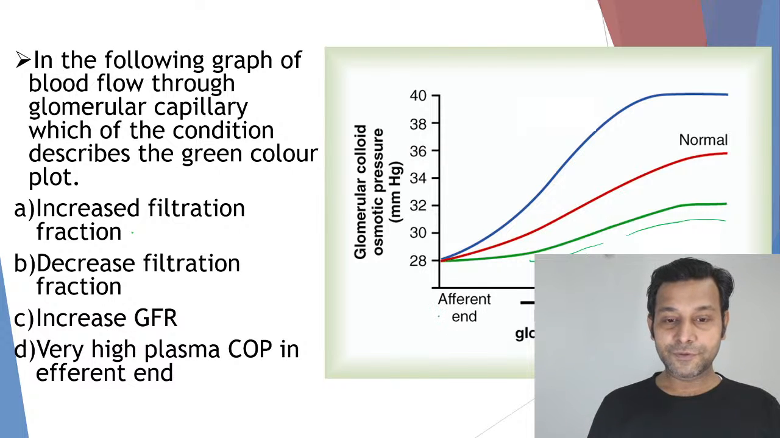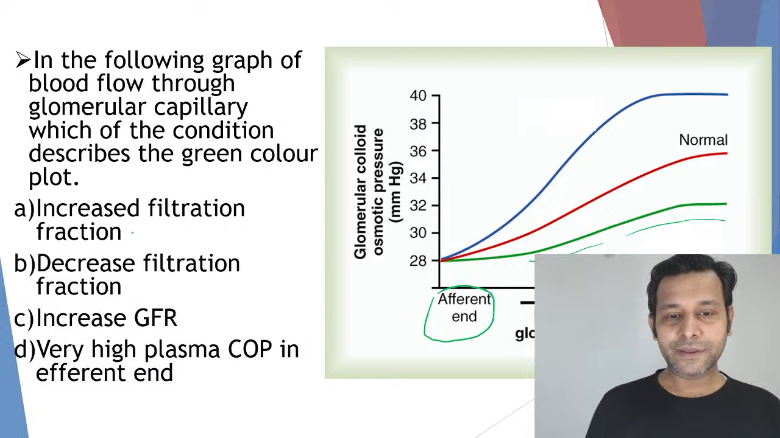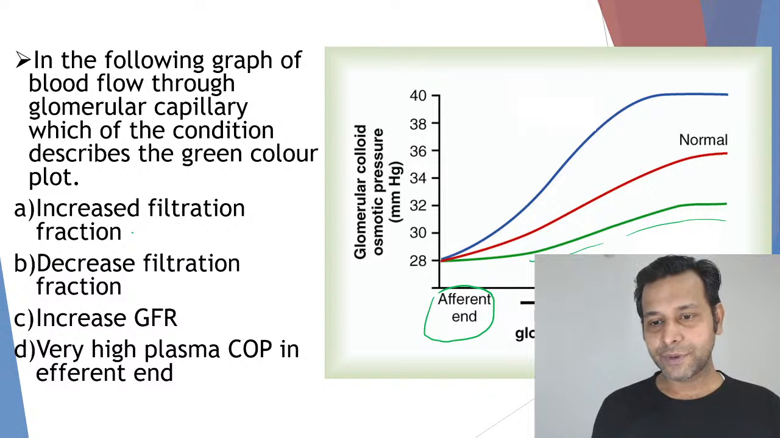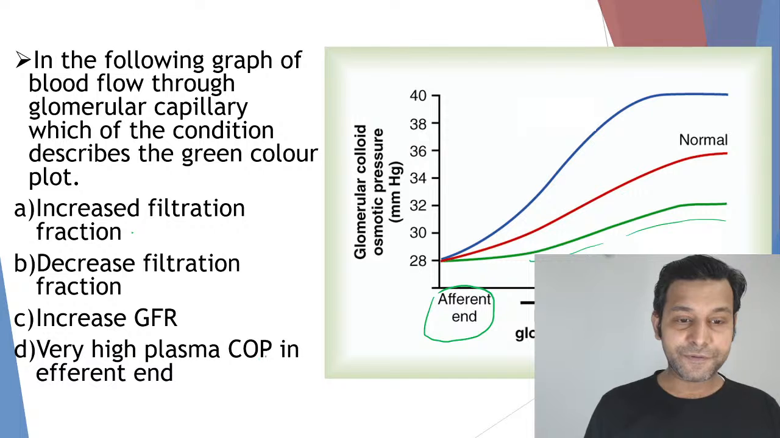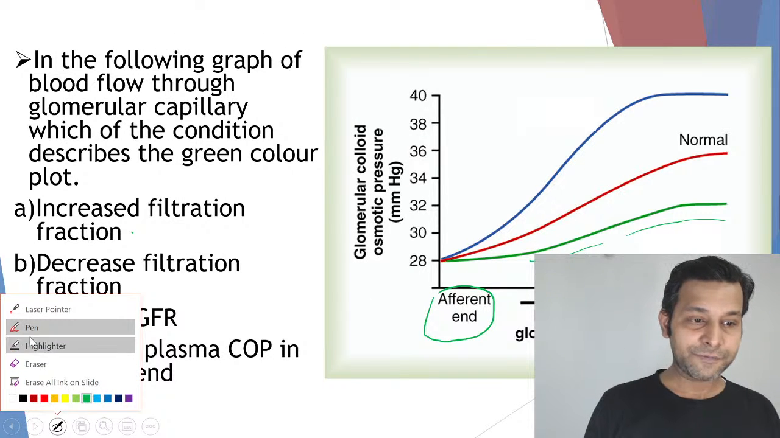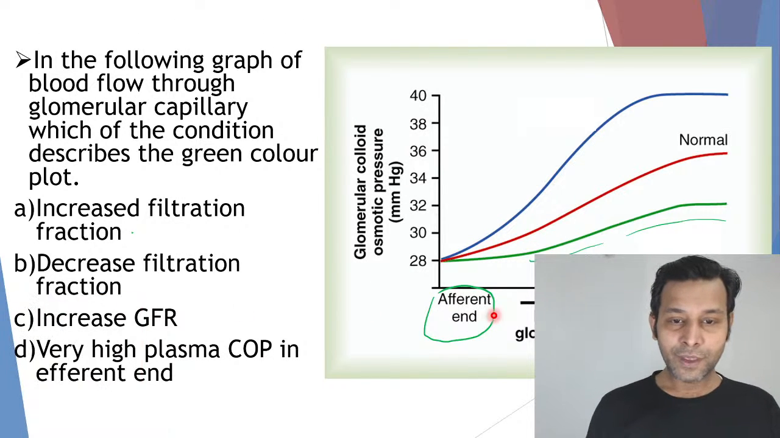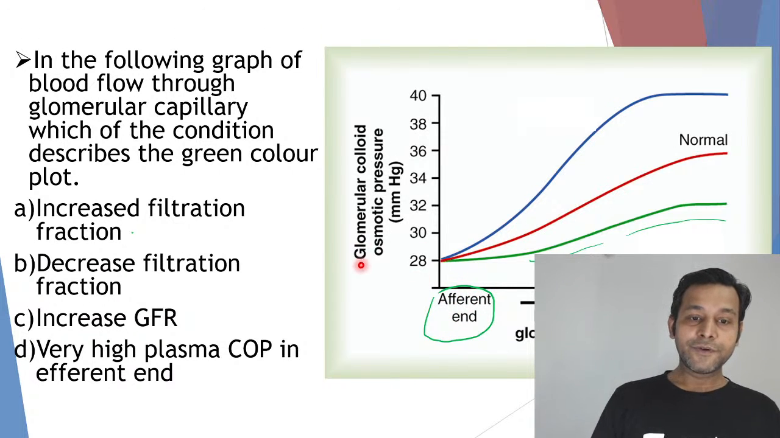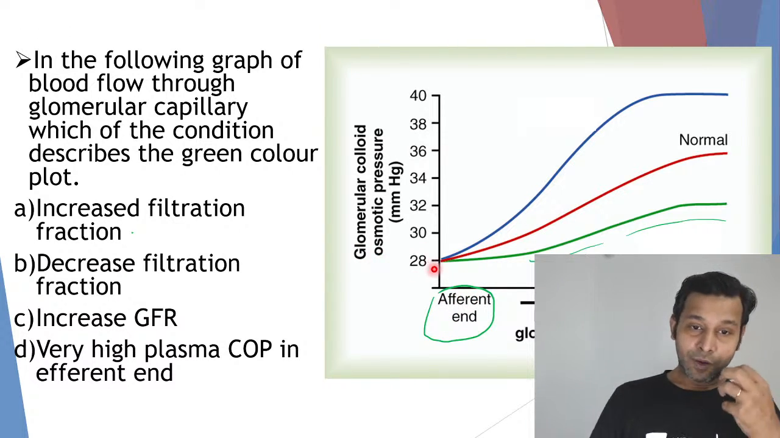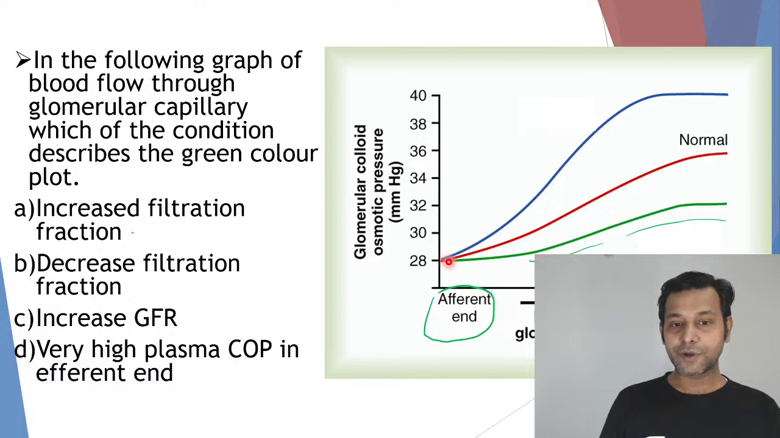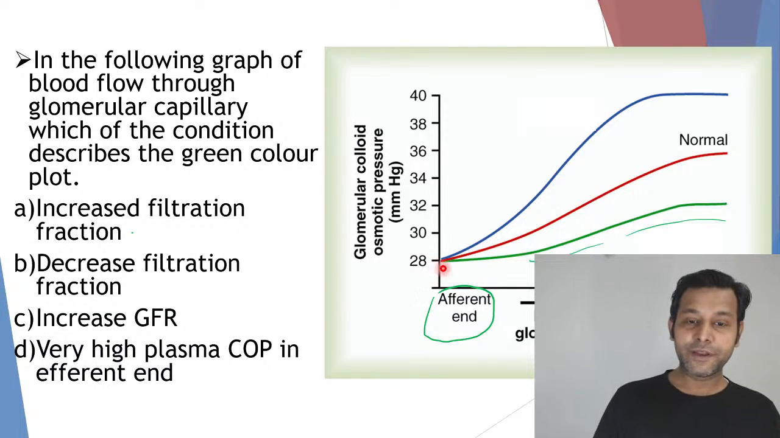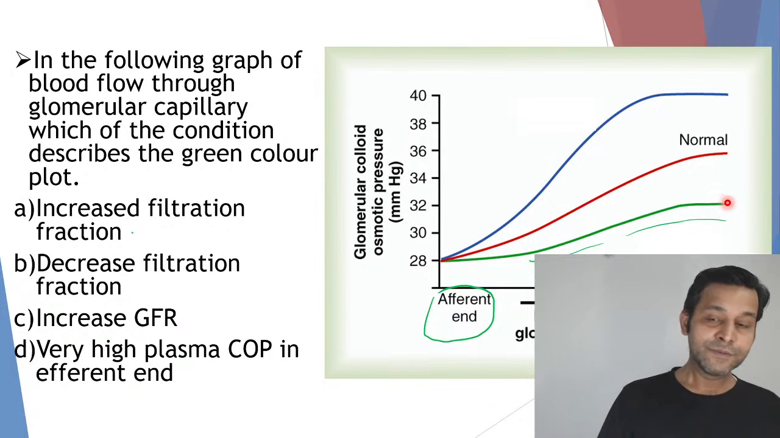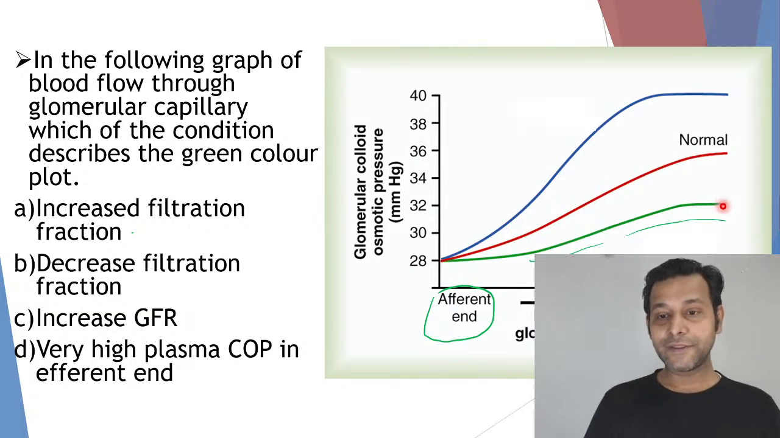See, we have to understand how to read the graph here. The afferent end parameters are given and the efferent end parameters are given. When the blood is entering at the afferent end, we have the oncotic pressure, osmotic pressure very less because blood has much of the fluid in it, but at the efferent end, we have very less fluid, meaning water is less, and hence the